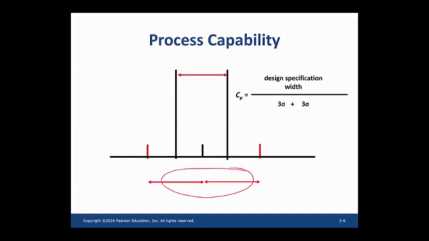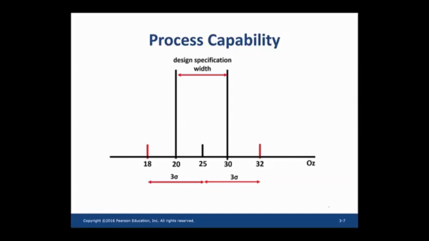So the process capability is a ratio of design width and Six Sigma distance. Let us plug in some values and calculate process capability. The design specification width, which is nothing but the upper specification minus the lower specification,